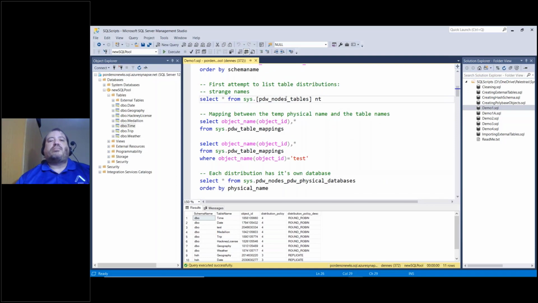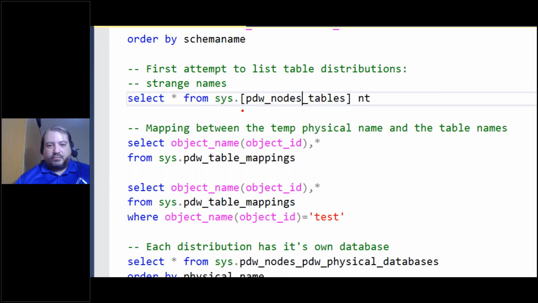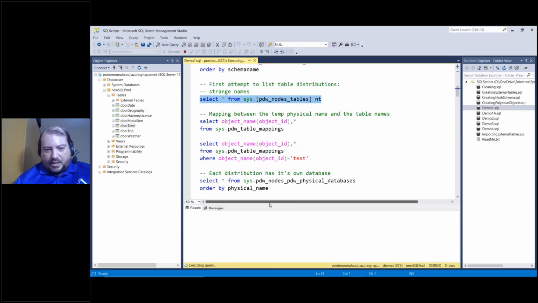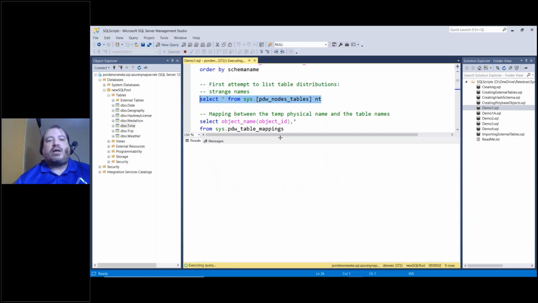Let's check other information about these distributions. How can we see something more about these distributions? We have another system table called, sorry, PDW nodes table. This will allow me to see the physical tables existing inside our MPP environment. And the physical tables are